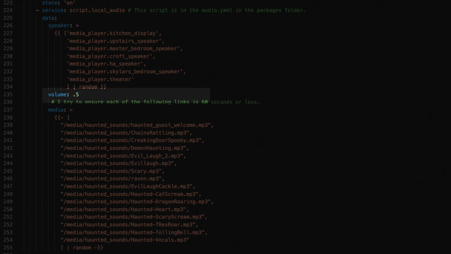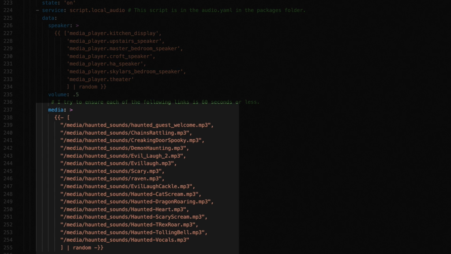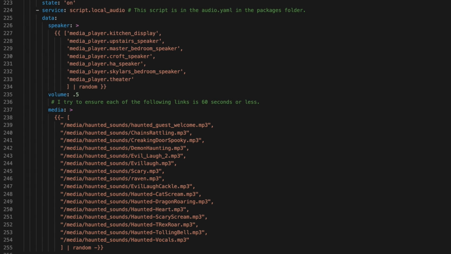We pass it the volume, in this case 50% because we don't want it too loud, and then media, which is a list of all of the files that I might want to use every time the script is called. And every time Haunted Sounds is called, it randomly picks a speaker, sets the volume to 50%, and then randomly picks one of these files to play. And I'll put all of these MP3s in a folder in my GitHub